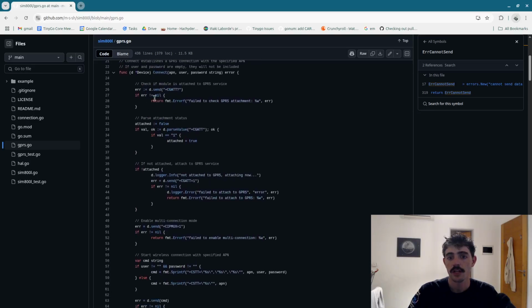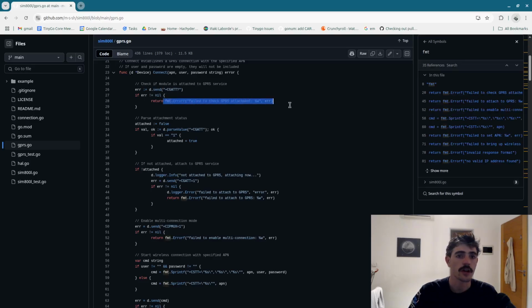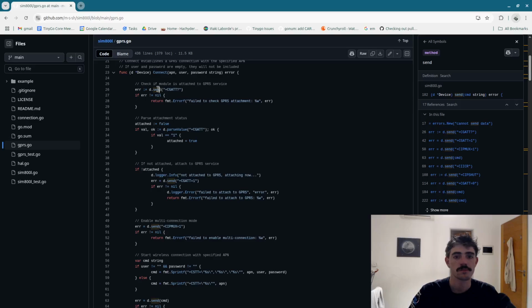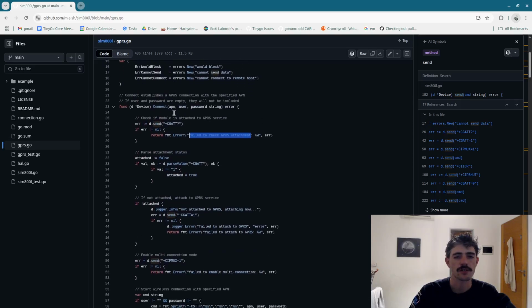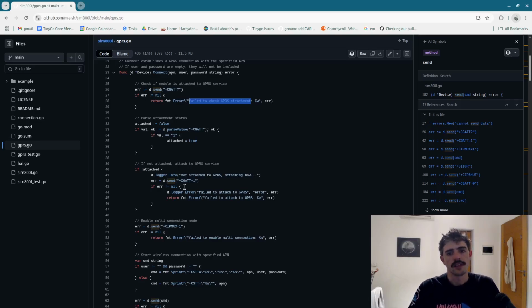The connect method has some erroring here, fmt.Errorf. This does allocate when it is called, so I would generally avoid these fmt calls. You can just return the send error, I guess, and have it somehow encode this information. You don't really need to wrap errors in drivers, unless